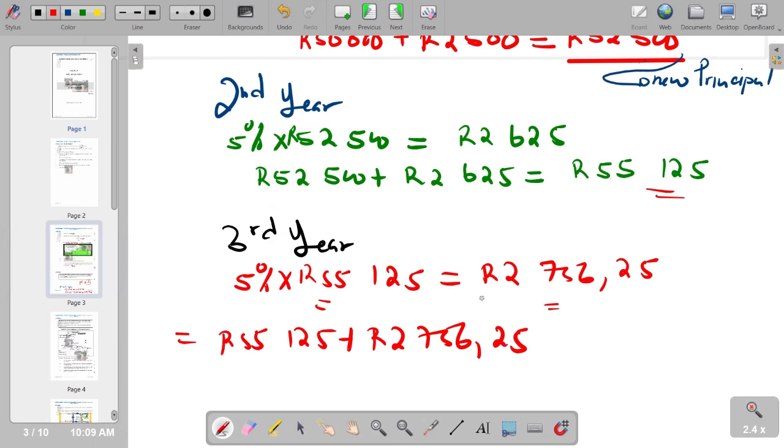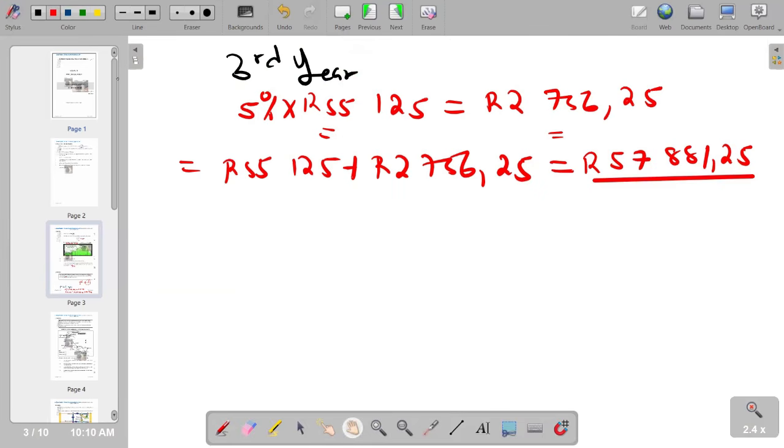And we see that your new amount is 57,881 rands 56 cents. So basically, this is what we have on that part, and this becomes the final for the third year. Going to the fourth year,